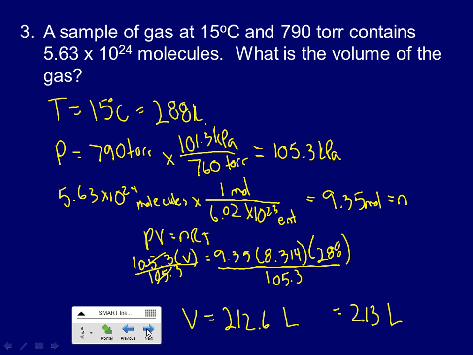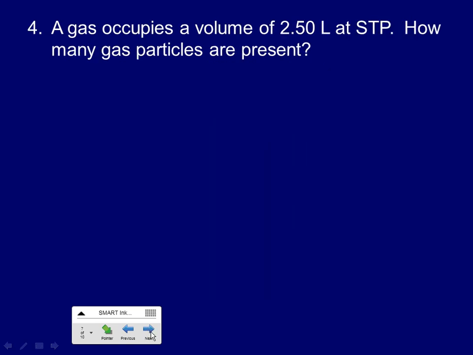All right? On to the next one. A gas occupies a volume of 2.5 liters at STP. So here we're reminding you of those numbers for standard temperature and pressure. How many particles are present? All right. If they're looking for individual particles, I can't get that out of my equation, but what am I solving for first? Moles. I'm going to get moles, and then I'll do Avogadro's number on it, right? So I'm looking for moles. I have the,